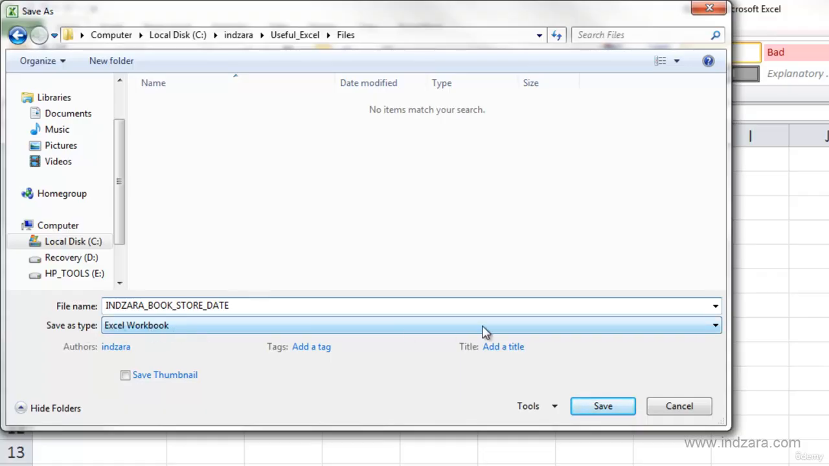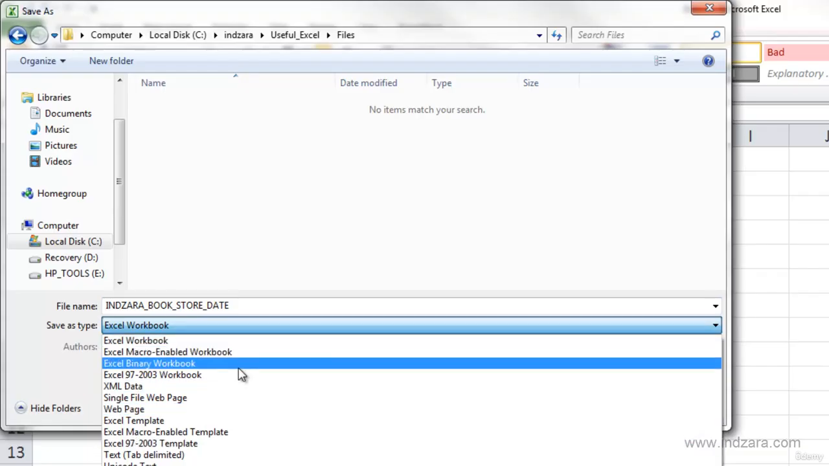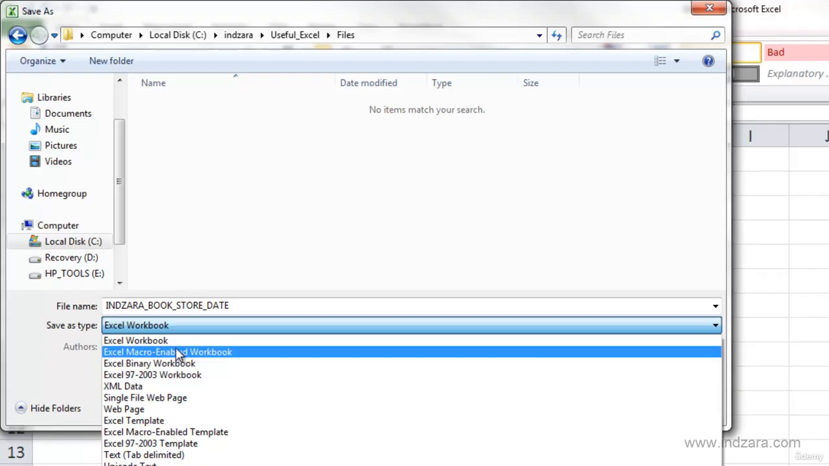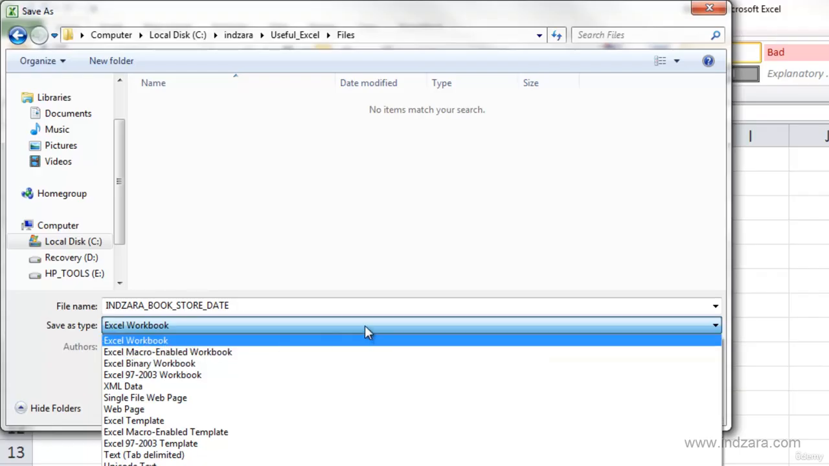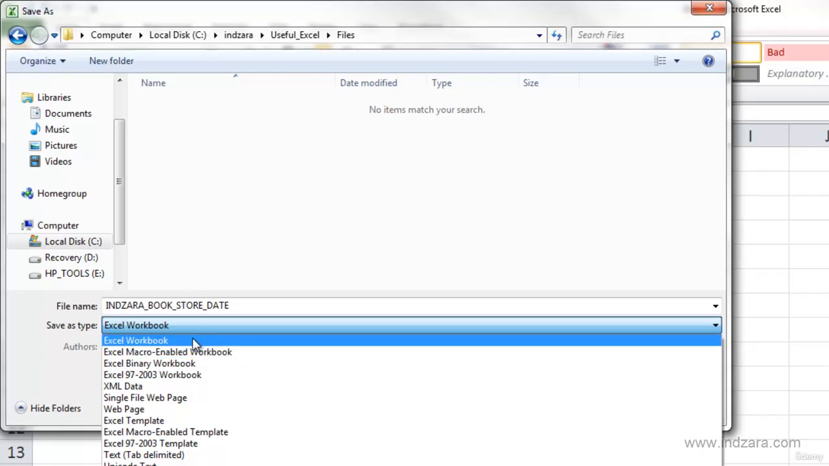When you click anywhere here, you will see lots of options of different types of files that you can create from Excel. The default is the Excel workbook, which is the most current version of Excel that we have. I'm using Excel 2010. If I choose any of these older ones, for example, Excel 97 to 2003, then Excel will store it in a .xls extension. If I choose Excel workbook, it is going to store in a more recent .xlsx